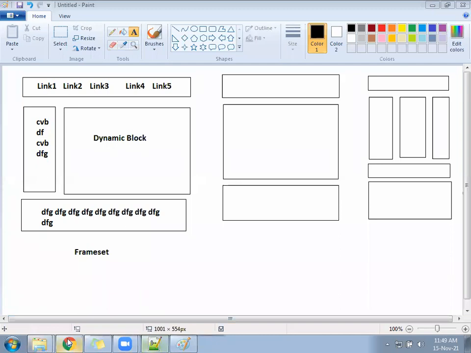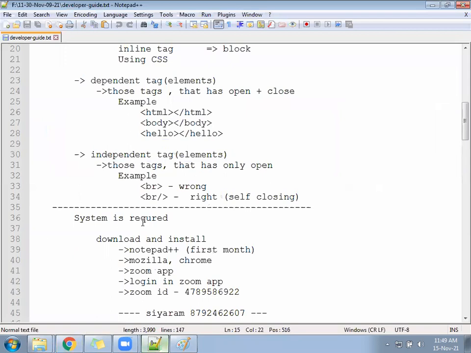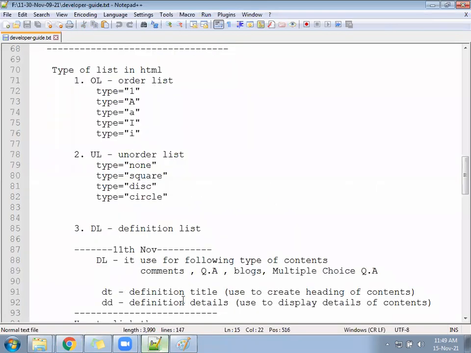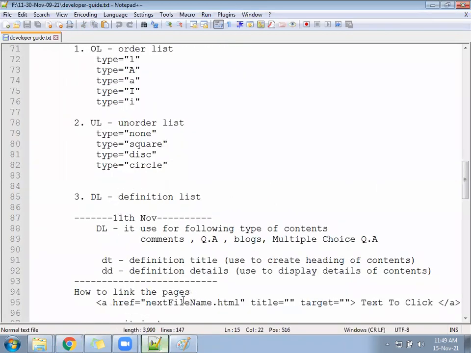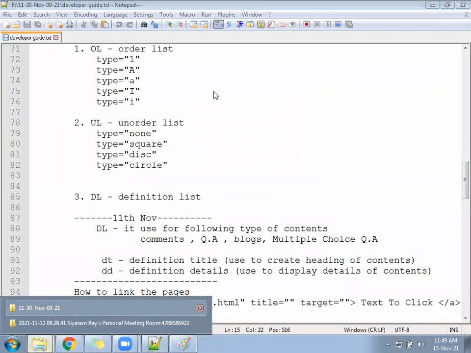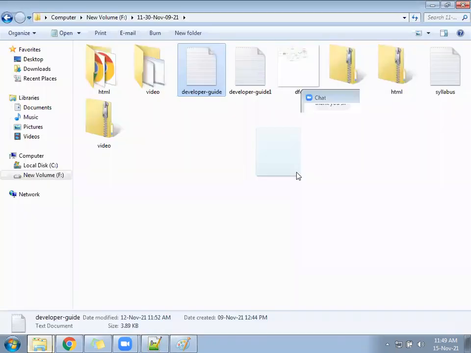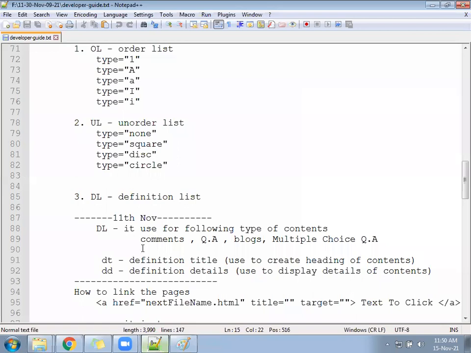Okay, so let's come to our developer guide. So we understood the logic. What we are going to do, we are going to divide the page into multiple blocks. Simple. Okay, so in developer guide we'll go. If someone has no developer guide, I will send it in the chat. This file is important for you. It's kind of short notes. If you open and see that, you will remember the entire syllabus, what we have learned. I'll send the developer guide in the chat. You can download it. If you are not able to download, let's start writing it from now at least.